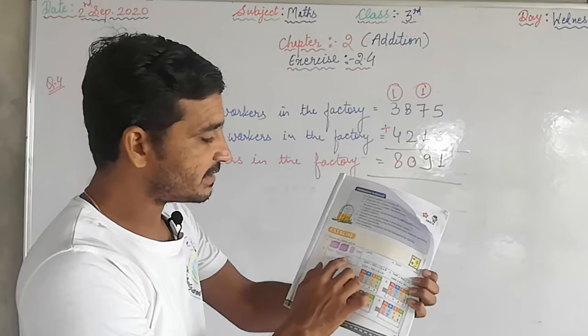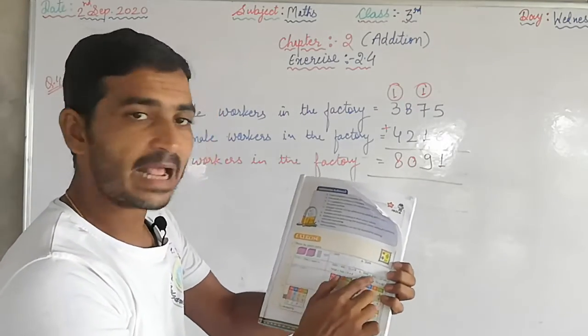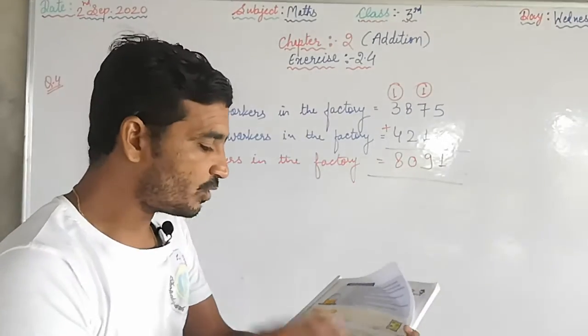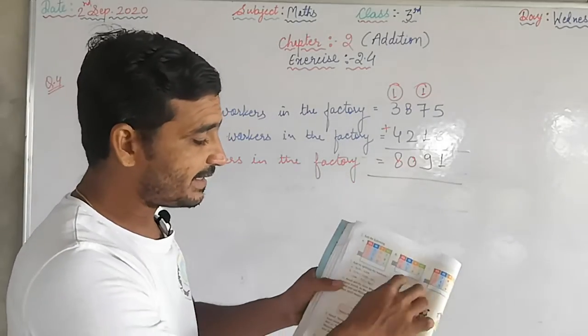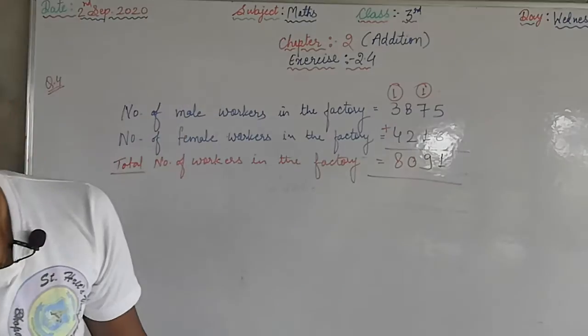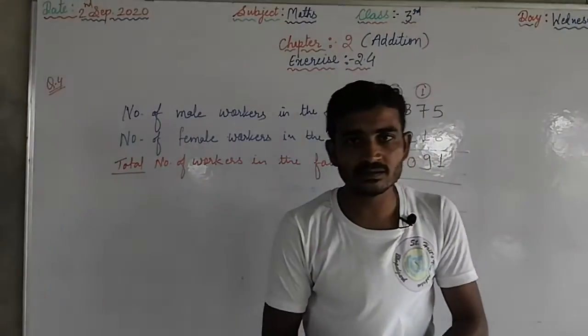3929 plus 2500 is equals to, you have to select the correct option. The numbers are in expanded form and you have to add this. Simple addition is there, that also we discussed in our class. Now splitting the numbers and the words problem is there, that question you have to do by yourself. The exercise is there in the book for the practice only. You have to practice in the rough notebook.